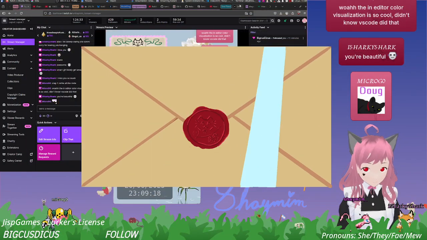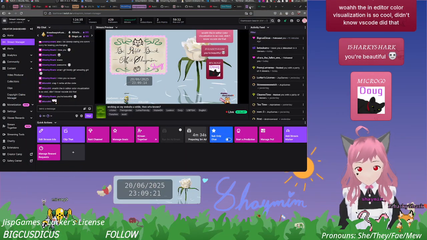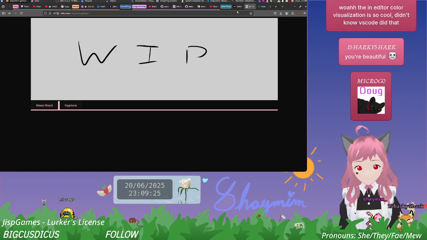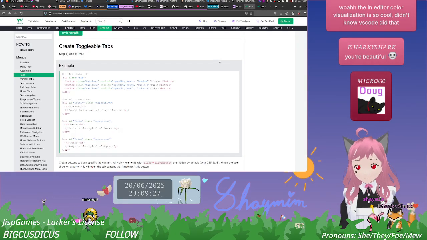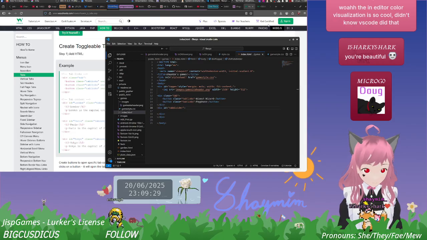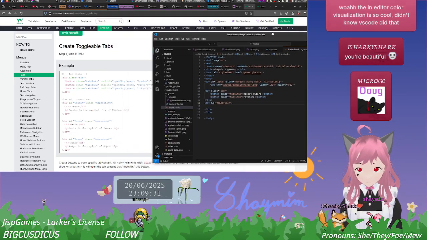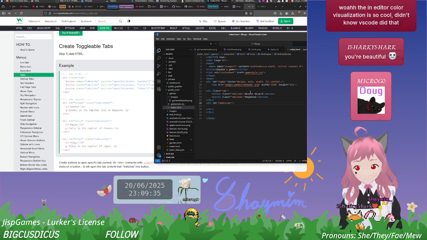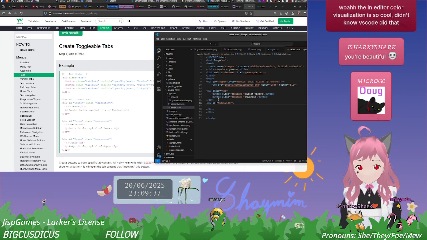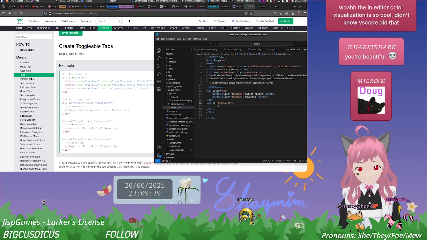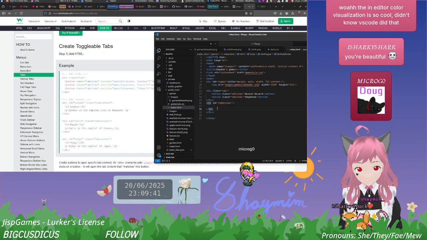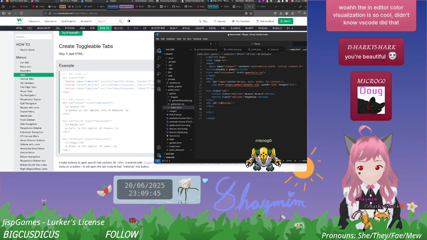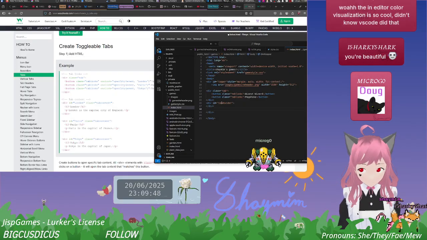I'm back. Last we left off, we'd gone to this stage, and then let's see. So we have the tab links. Then we have this little divider. Now, one thing I'm hoping to do